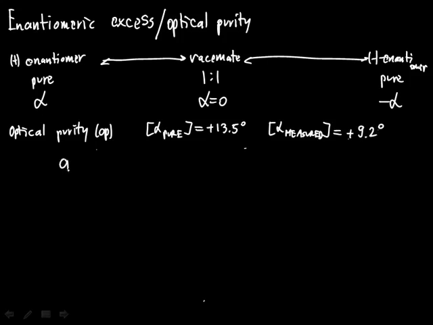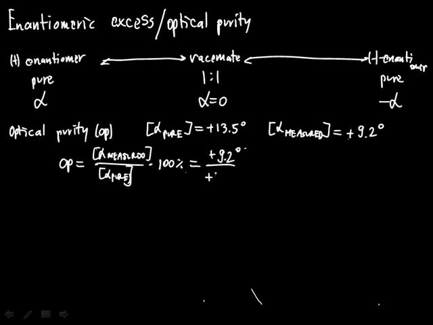Now to calculate optical purity, we will simply take these two values, alpha measured over alpha pure, and then multiply the result by 100%, simply to express it in percent. And so in this case we'll have plus 9.2 over plus 13.5 times 100%, and we'll end up with a 72.0% optically pure